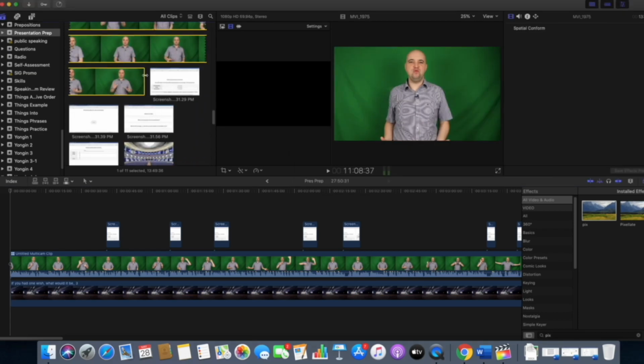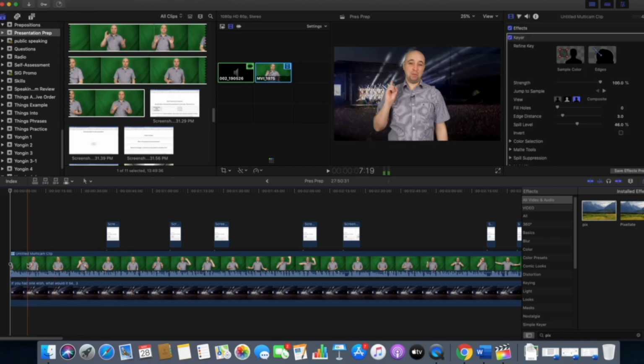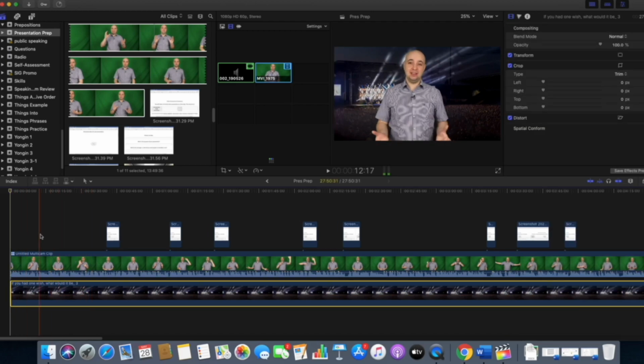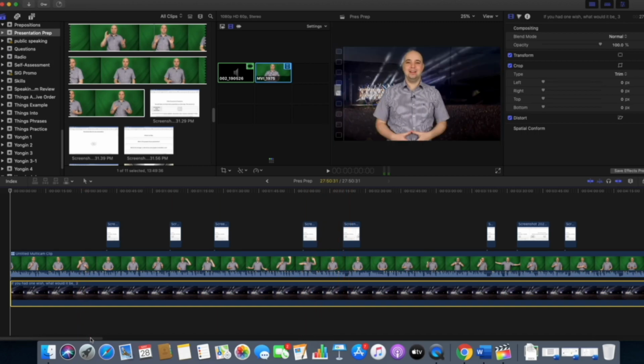And then what I can do, if I highlight both files, I can create a multicam clip. I can synchronize the file so that my lapel microphone matches up with the DSLR MP4 file. And then I can drag it onto the timeline here in Final Cut Pro, and that works very well. So I can create my background, and then I can put overlays, things that I want them to have a look at on the screen, like I have done in these videos for this workshop, and that works very well.